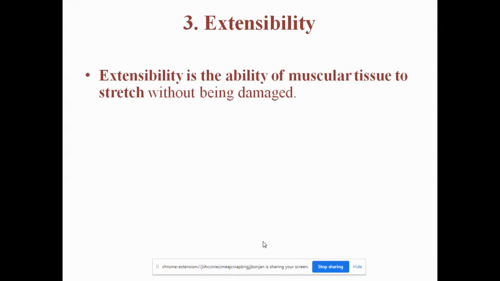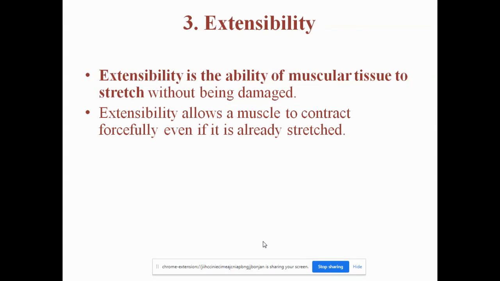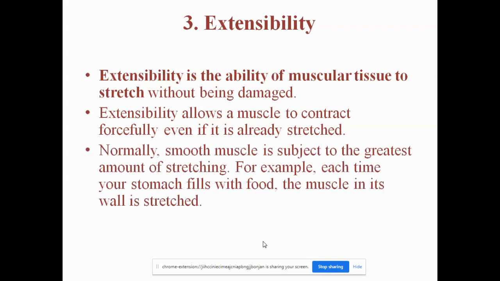The third important property is extensibility. Extensibility is the ability of the muscular tissue to stretch without being damaged. The level of stretching of the muscle is because of this extensible property. This will allow the muscle to contract forcefully even if it is already stretched. This will help in the holding of the food in the stomach, the holding of the urine in the